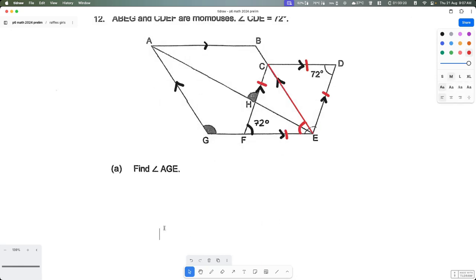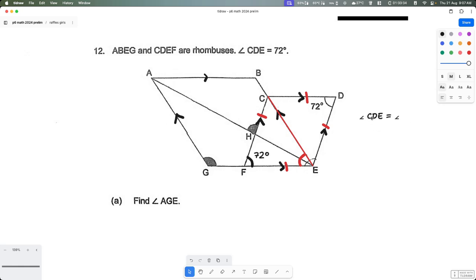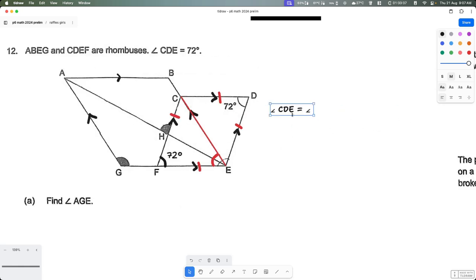Let me just write this down. Angle CDE is equal to angle CFE, which is equal to 72 degrees. Since CE is half the rhombus of rhombus CDEF,